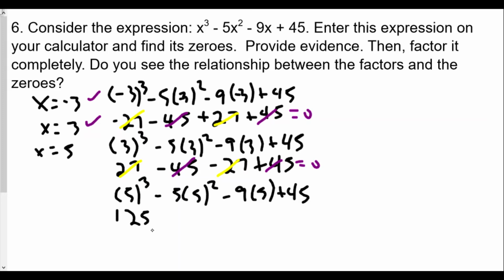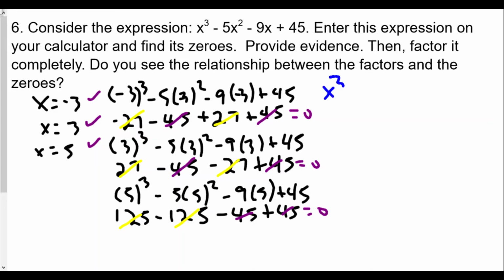Now 5 squared is 25 times negative 5 is minus 125. Negative 9 times 5 is negative 45 plus 45, and we see again 125 minus 125 is 0. Negative 45 plus 45 equals 0. These are our zeros. Okay, now what they want us to do is to factor